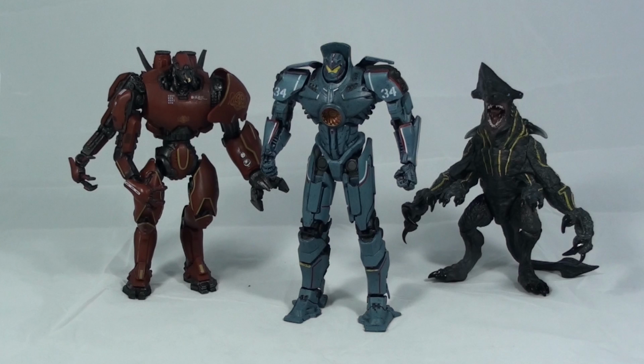Overall, these figures are just fantastically well done. I was really impressed with the amount of detailing and articulation in them. I was expecting a little less, but NECA really delivered on this set, so I was very pleased. Each of these guys goes for $15 at Toys R Us, which is way cheaper than